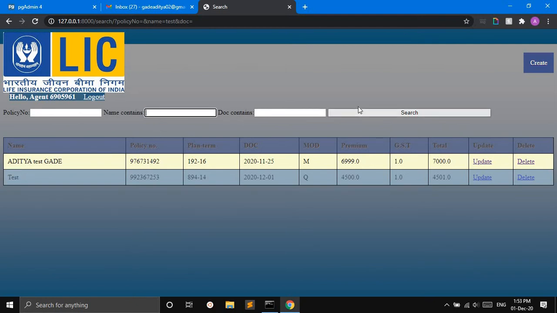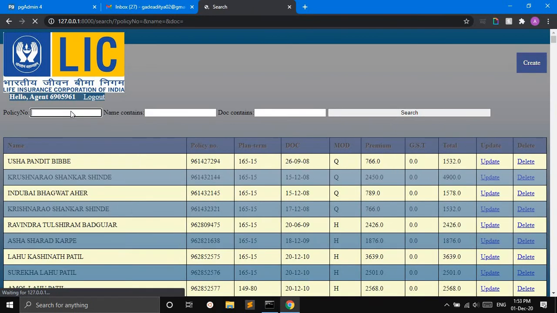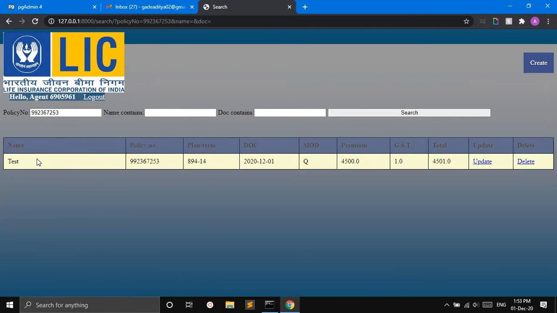For now, let us reset the table. And let us try again using the get method, which will give us the result for the exact string that we are putting in. So let us try searching. Again, as we can see, the test method which we just deployed is shown here. That's it for the table.